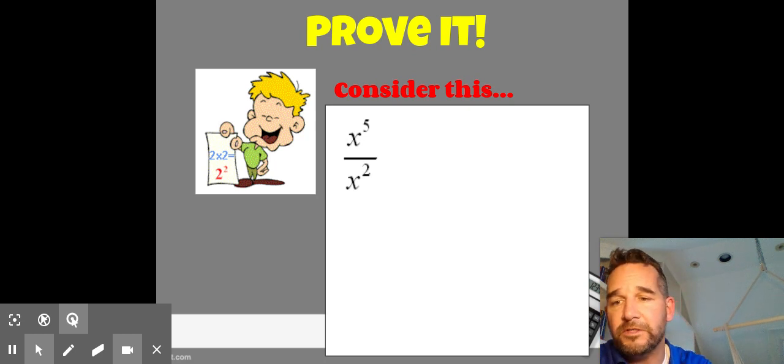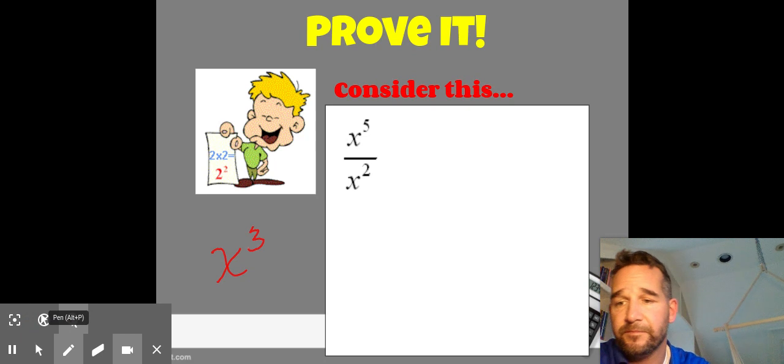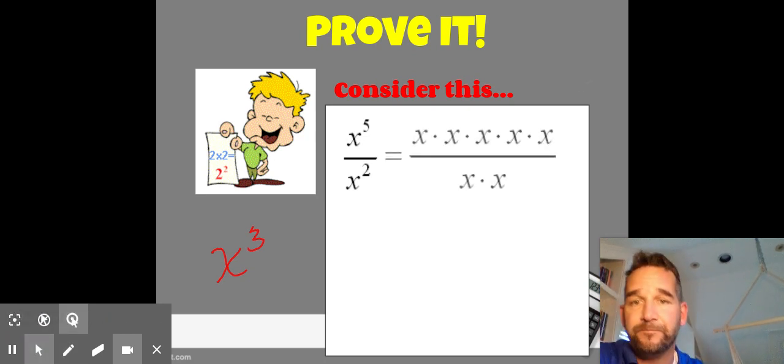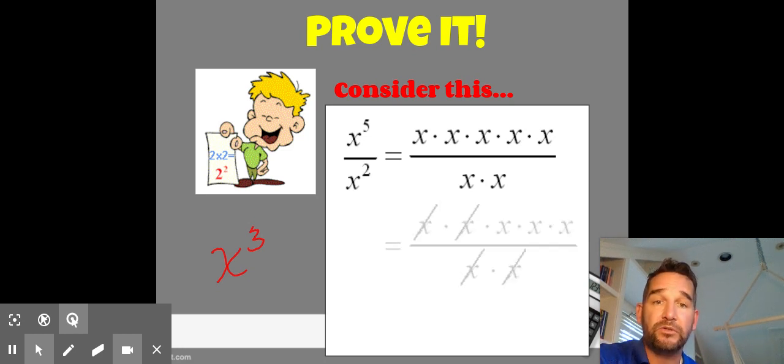Well, according to the law we just learned, we should end up with an answer of x to the 3rd because we would subtract our exponents. But let's see if this really works when I expand it out. Well, x to the 5th is x times x times x times x times x. Divide that by x squared, which is x times x. We're going to cancel those like factors. 2 x's on top cancel with 2 x's on the bottom, leaving me with x to the 3rd